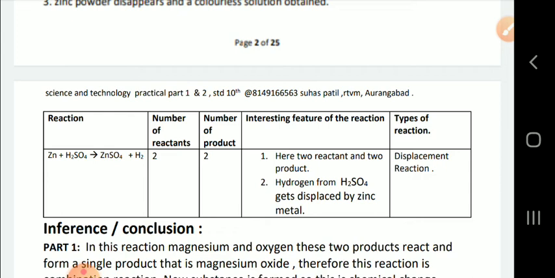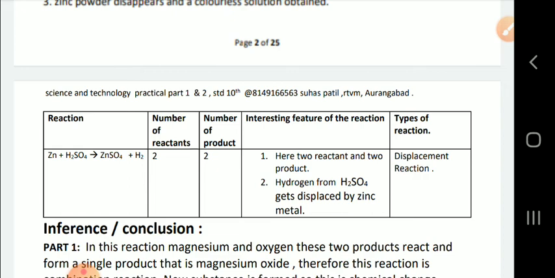In the observation you can see a reddish brown colored gas that turns moist blue litmus paper red, that is liberated. Already I explained to you. Second, the glowing splinter keeps on glowing. So here is how the reaction goes in the table. That reaction is already written there: 2Pb(NO3)2, heat is given, 2PbO plus 4NO2 gas liberated plus O2.